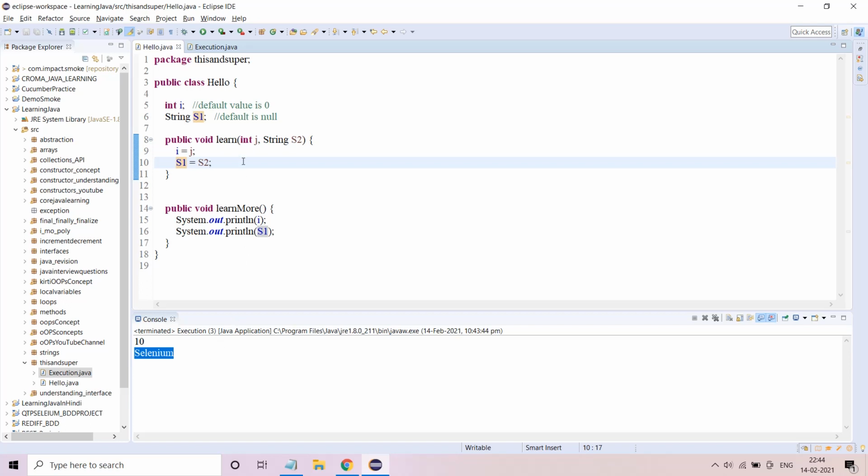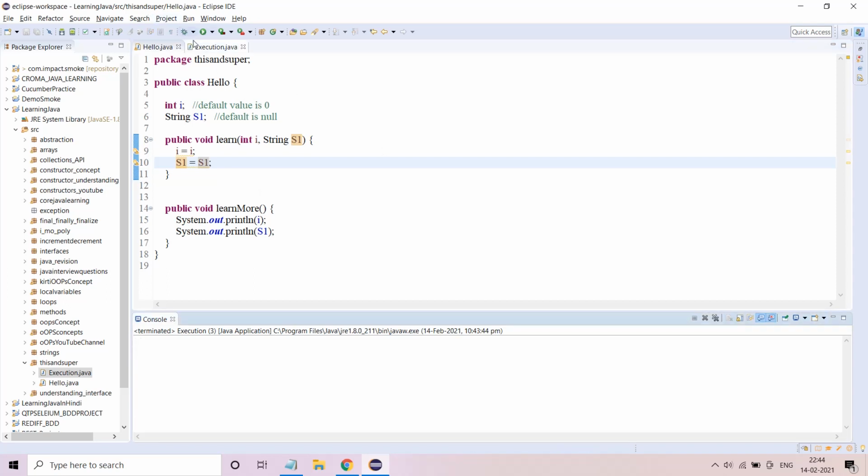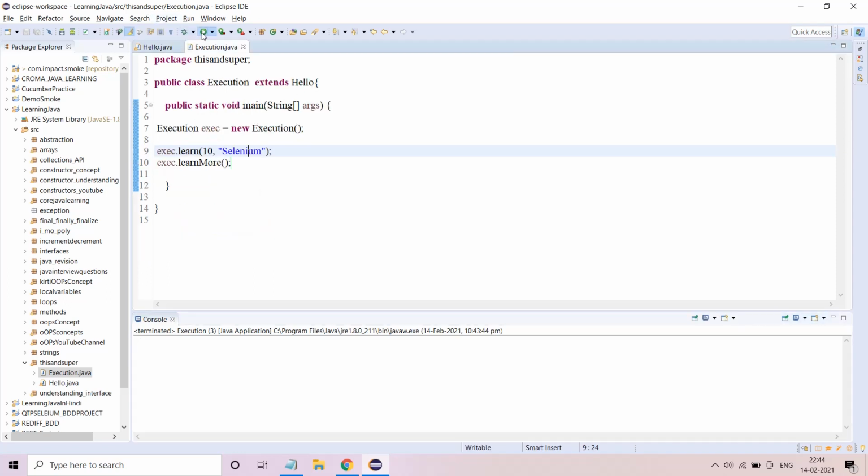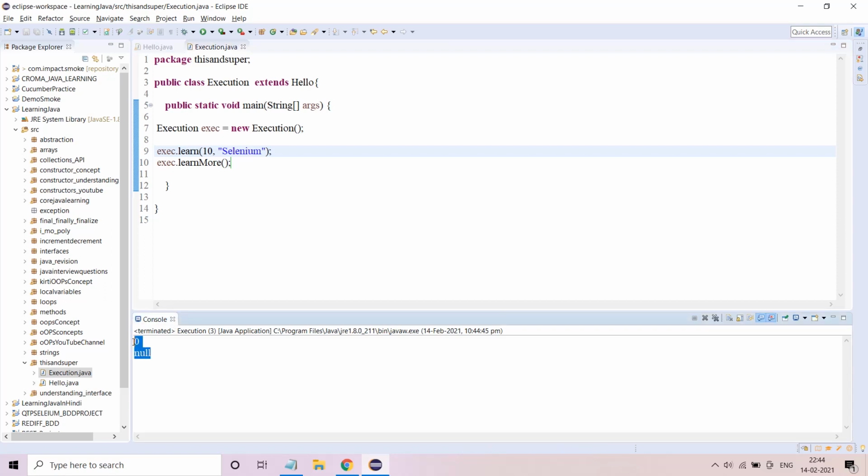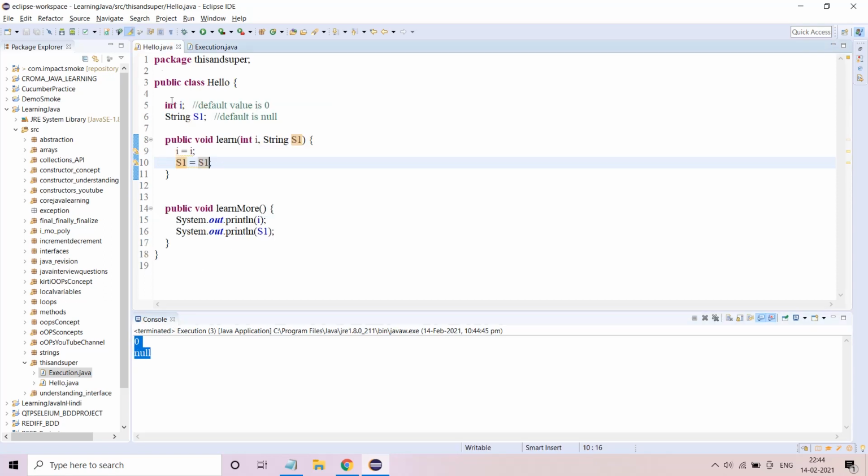In case something of this sort happens, that the local variable has the same name as the instance variable, and this one also has the same name. Now what I'm going to do is I'm going to change this J to I and this one S2 to S1. Now there is a problem. You know what the problem is? The problem is, if I execute this particular program, 0 and null will come into picture. Getting my point? That means now